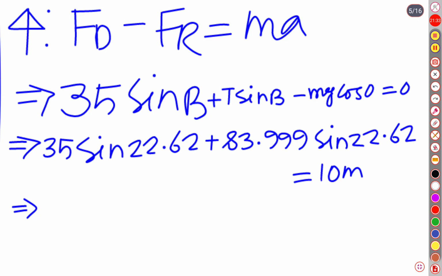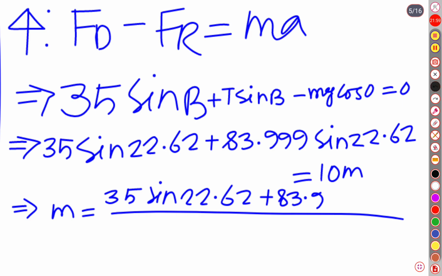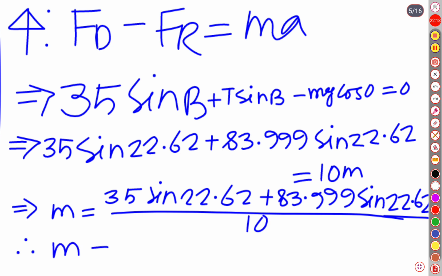Then, if we isolate m, m is equal to 35 sine 22.62 plus 83.999 sine 22.62, over 10. And using our calculator, we find that m is equal to